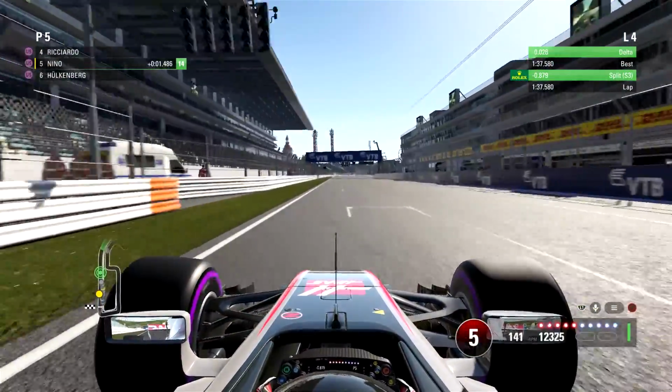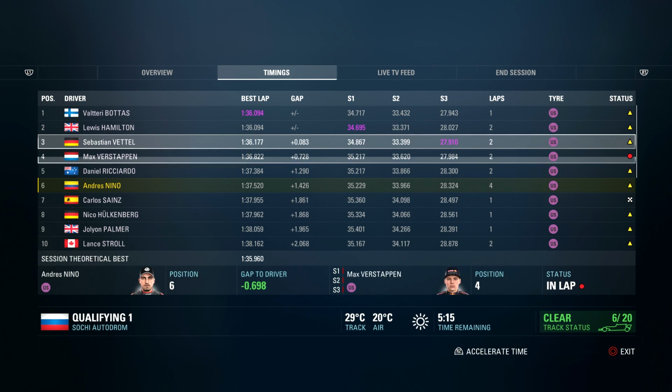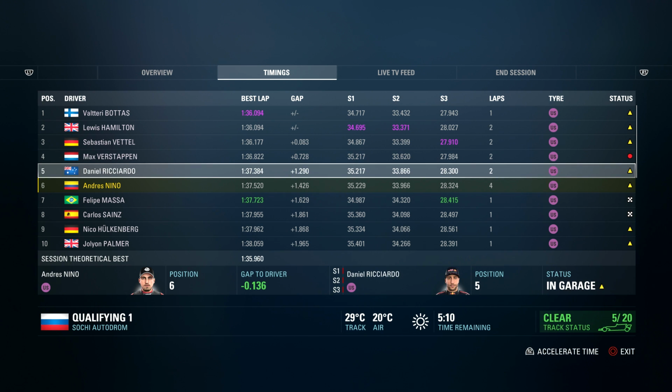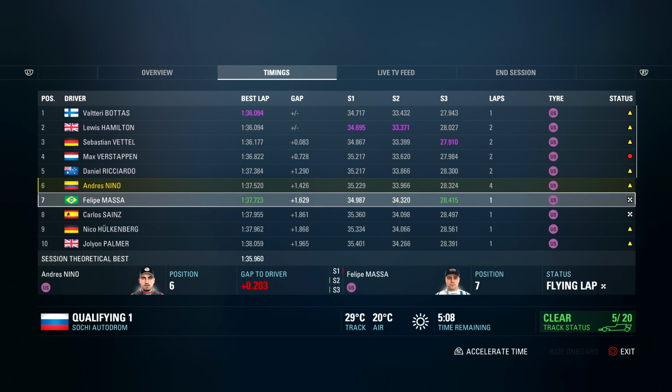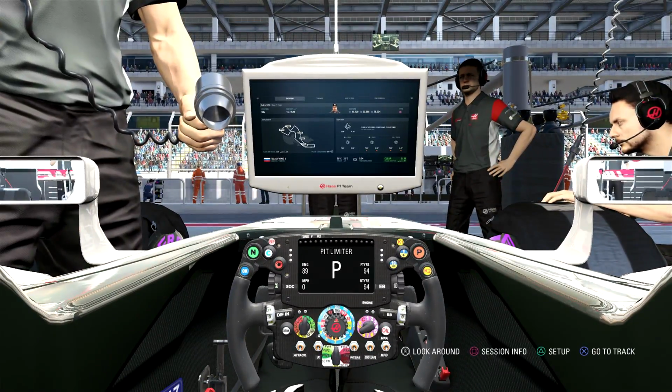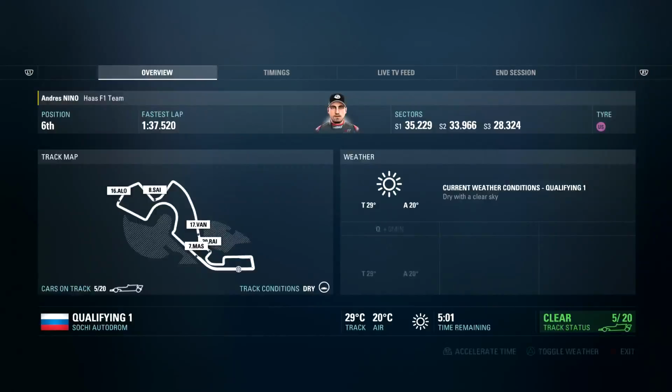That's so much better. Let's go. Alright, I've done a 1:37.5, which is currently good enough for 6th. I'm right behind the Red Bulls, well, mainly Daniel Ricciardo. But this time, I'm not going to do what I usually do. I'm going to make sure I'm...